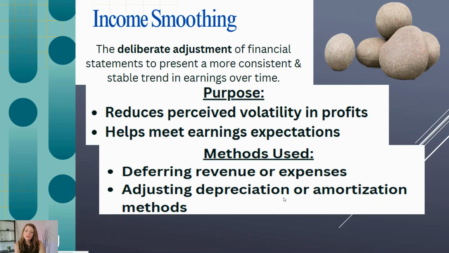So deferring revenue or expenses would be part of that. Adjusting depreciation or amortization. So we want to make sure that we're not just saying, oh, we didn't depreciate this asset over time. Instead, we just showed it as the value that we paid for it, the historical cost, and then whenever we sold it, it was a big jump. No, we depreciate it over time so we can show that we're using it, and it's an even expense if you use straight line, or you can use accelerated methods,